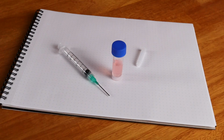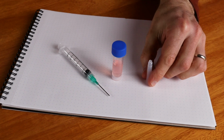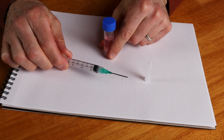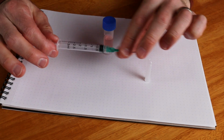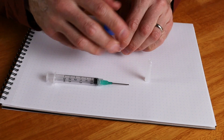Next, we have one of my favorite ways of getting the ink out of a sample bottle and into the pen, the dispensing needle. So by far one of the easiest ways of filling a converter or a cartridge, like I've got here, an empty cartridge from the ink vial, is to use one of these guys. It is a dispensing syringe, and it's got a completely blunt point on it. And they hold various sizes. This one's 3 milliliters here, and all you got to do